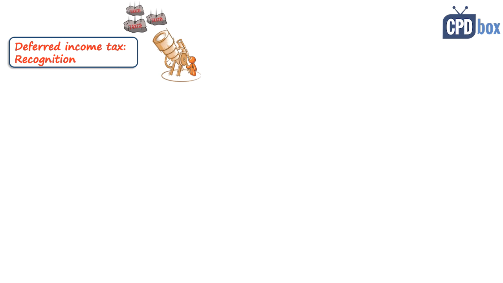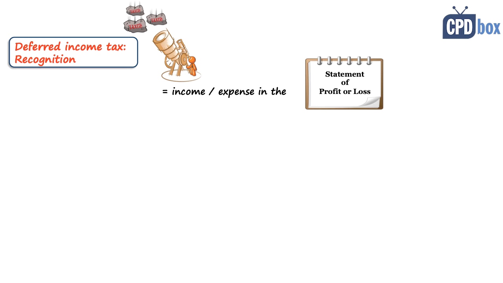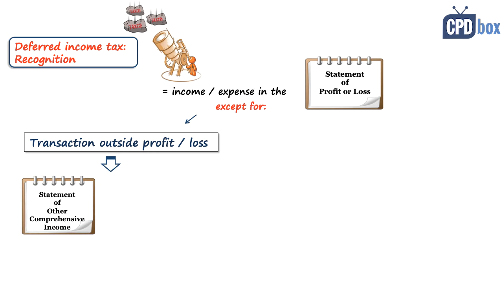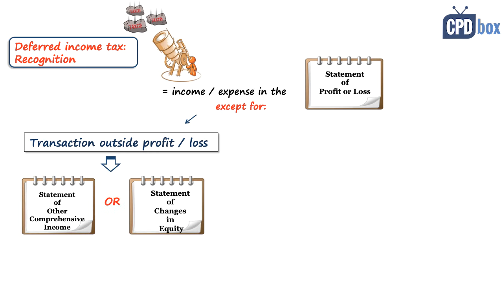Now, let's see how to recognize deferred tax. In most cases, deferred tax is recognized as an expense or income in the profit or loss for the period, but there are a few exceptions. So, when we deal with a transaction or event that was in the current period recognized outside profit or loss, for example, in other comprehensive income, or directly in equity, then the deferred tax arising from such a transaction is recorded exactly in the same place as the transaction itself. So, for example, the deferred tax on revaluation surplus on property, plant, and equipment is recognized in the same place